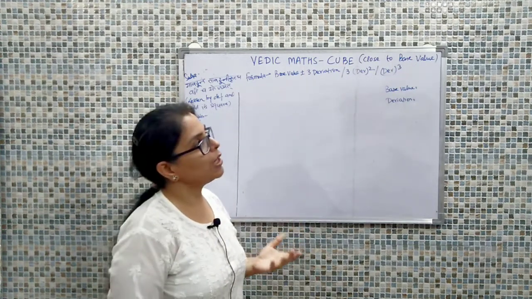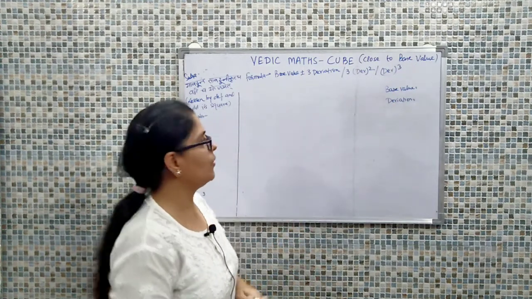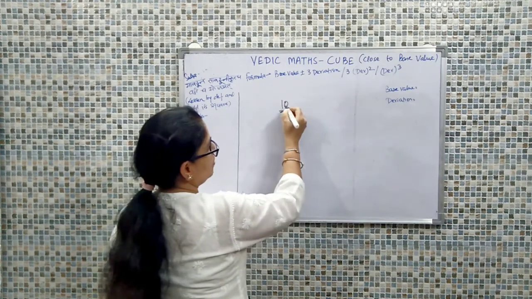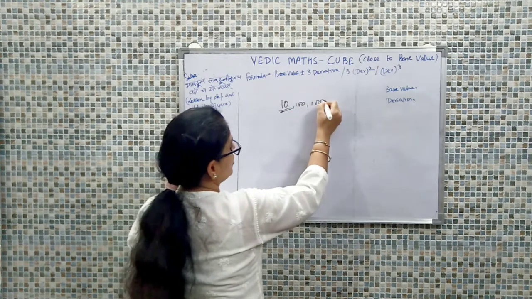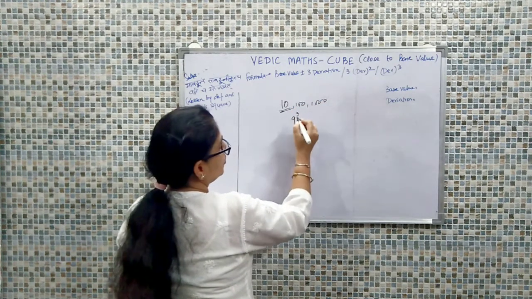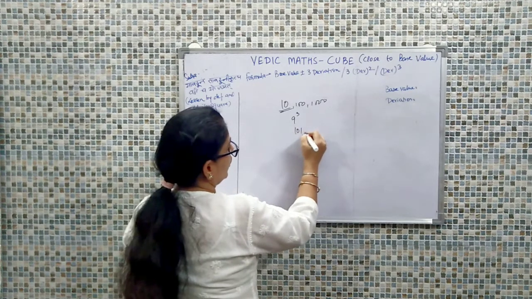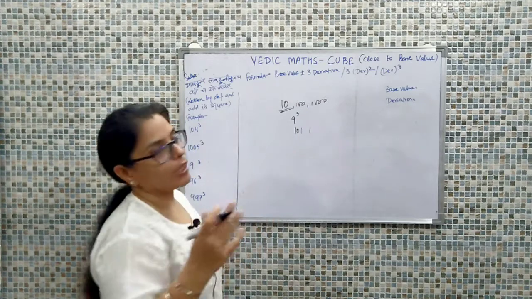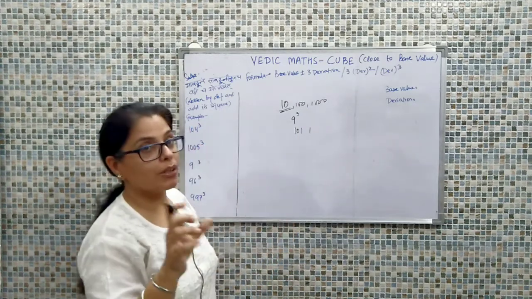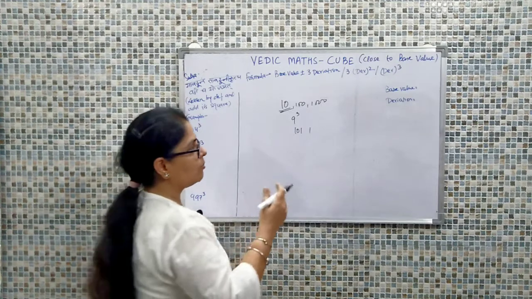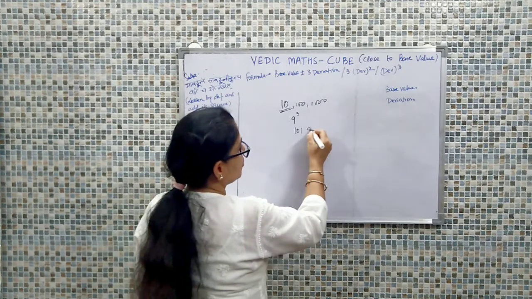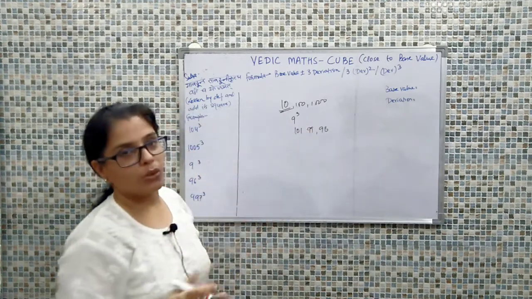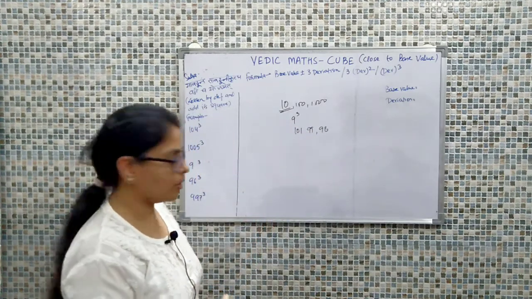Base value, what do you mean by a base value? Base value is actually any value which is close to powers of 10. Powers of 10 means 10, 100, 1000. So suppose we talk about calculating the cube of 9 or 101, something close to these, because when we take a closer value, it means we have a particular trick which will help us make that calculation a bit easier. So suppose 99 or 98; if these values are close, then this concept will be helpful. Okay.